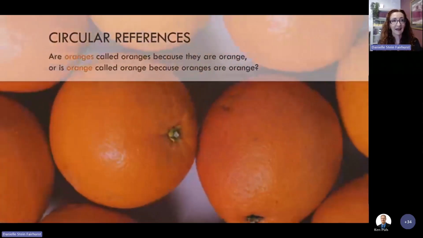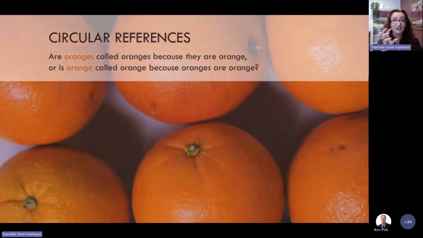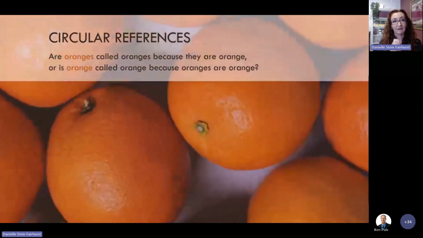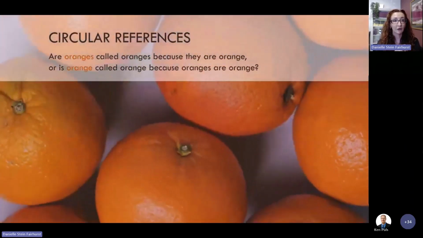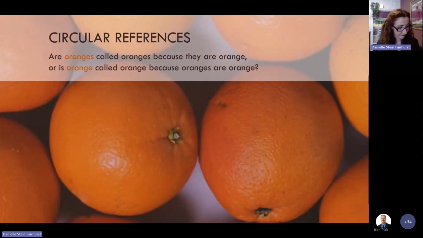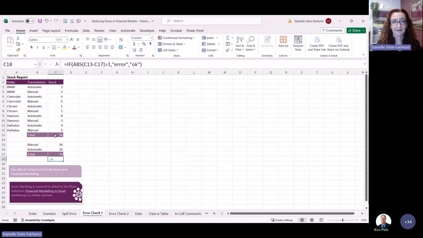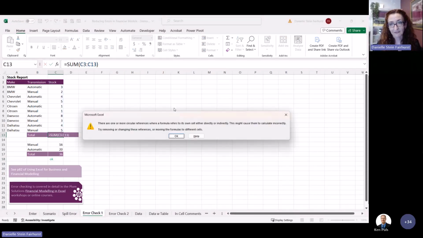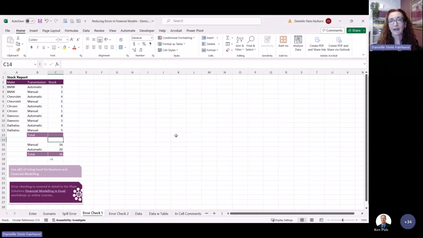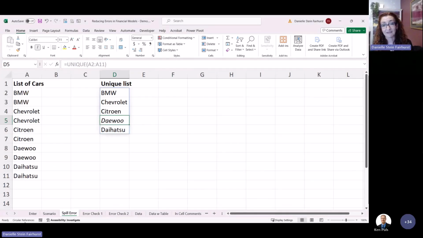And Excel does have an error checking tool. That is a great way of finding all of those offending circular references in the models. So if you go into the formulas tab, you can see the circular references option. Let's say, for example, I don't have an example here, but if I were to create a really simple circular reference, you get this one here. It's a really easy way of finding that if you were to inherit this model and you're in another tab, you open it up, and you can see that there's a circular reference.